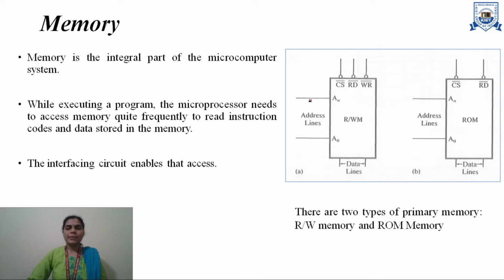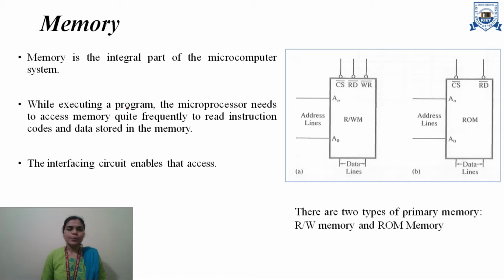Now, what is a memory? Memory is used to store some binary information in a computer. So, memory is an integral part of a microcomputer system. While executing a program, the microprocessor needs to access memory because the set of instructions or the data is stored in memory, and whenever the processor executes the set of instructions, it asks for the instruction as well as data from the